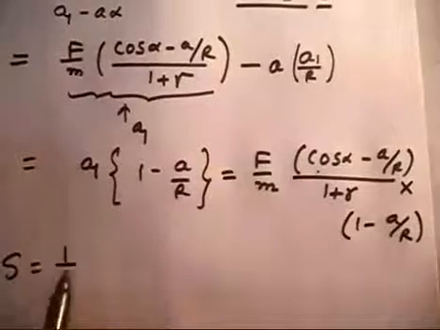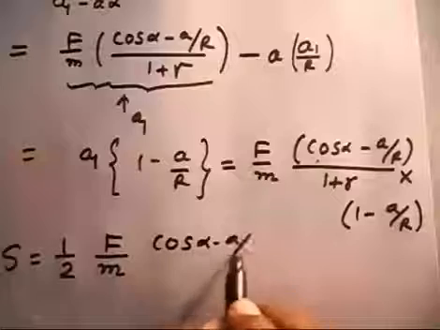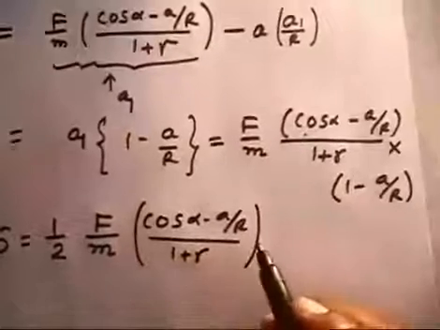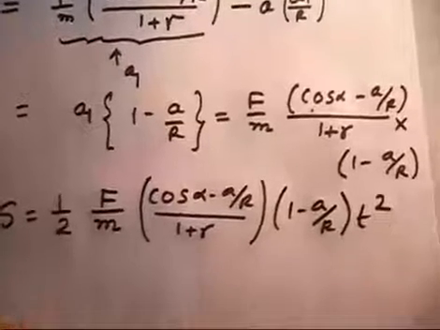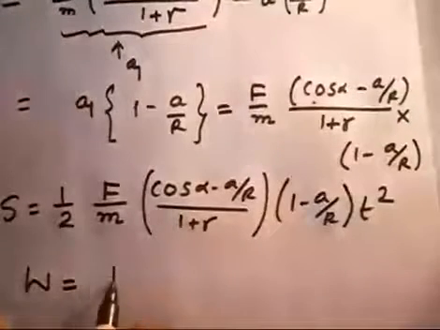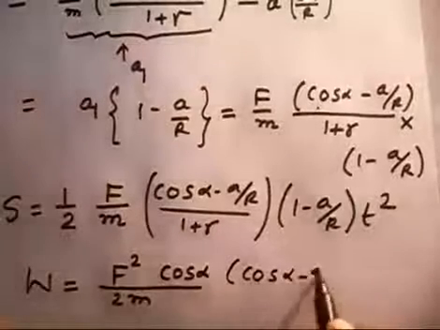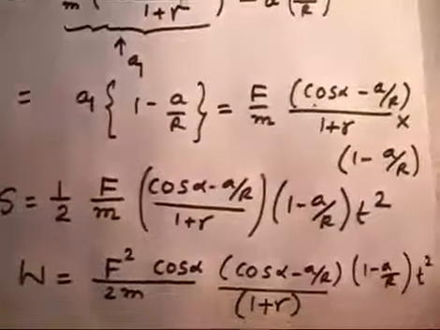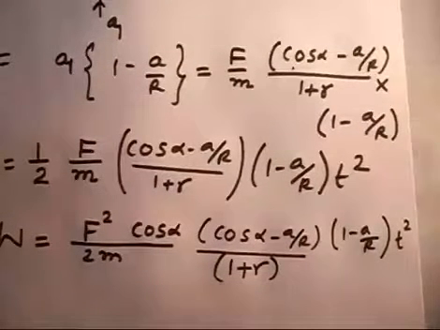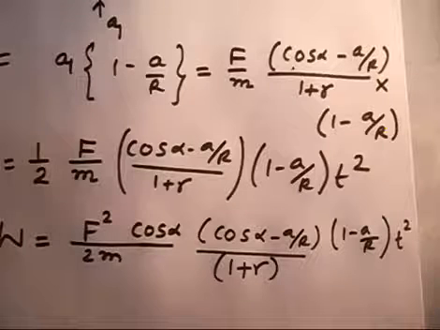So what is the distance traveled? That is half A1 t square. So this is half F by m cos alpha minus a by R divided by 1 plus gamma, into 1 minus a by R into t square. This is the distance traveled. So what is work done? Work done is F cos alpha into s. So this will become F square by 2m cos alpha into cos alpha, over 1 plus gamma, and 1 minus a by R, t square. Now this is simply mathematics, there is no physics involved here. So this is the work done. Check yourself whether you are getting the same answer or not. Okay, now let me see the answer with